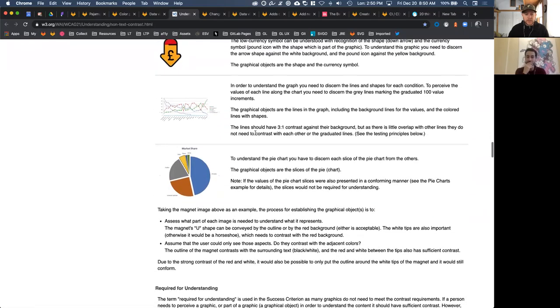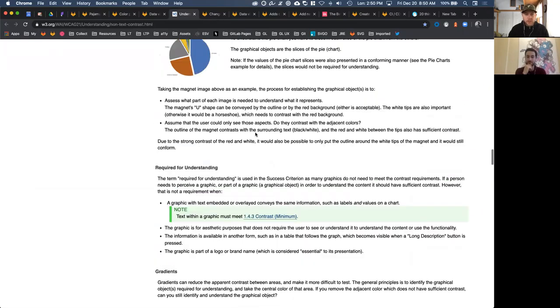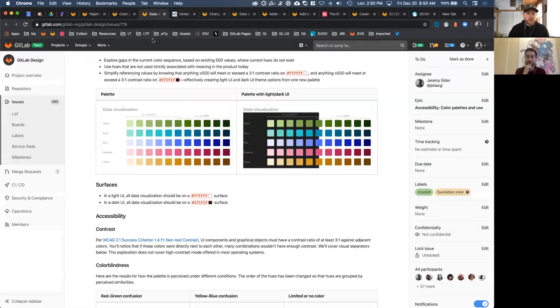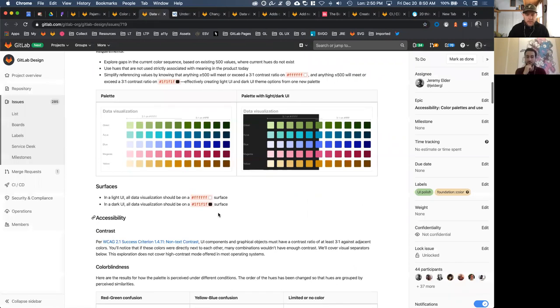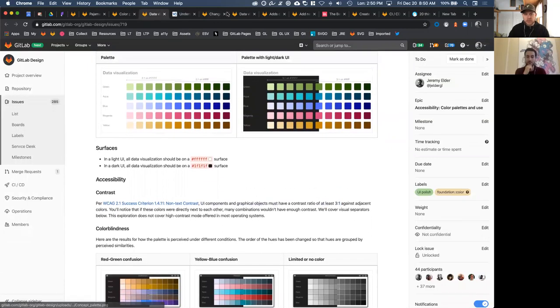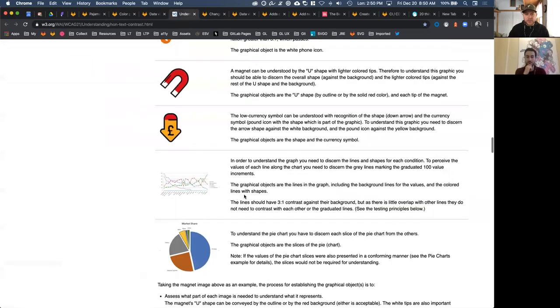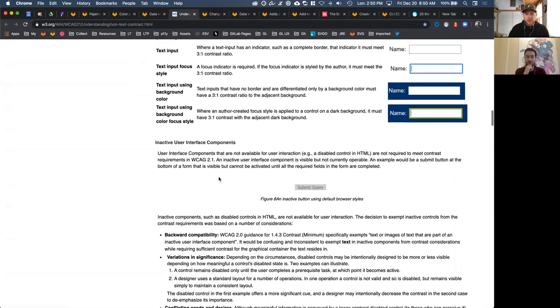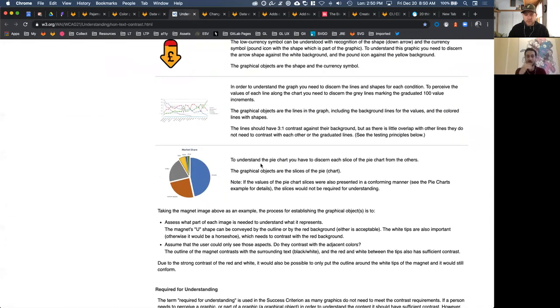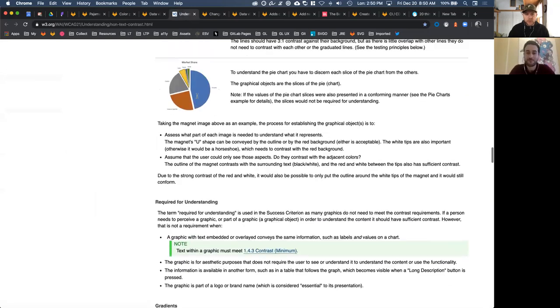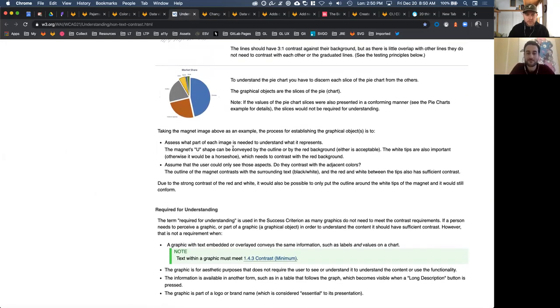Yeah, definitely. They do. In fact, there's a few examples of charts I linked to in the data viz issue. So it's basically UI components and graphical objects must have that 3-1 against adjacent colors. And that's where we use other separators to help separate that. But they do have some examples in here where, let's see here. Yeah, you can see that one. You can read through these, but